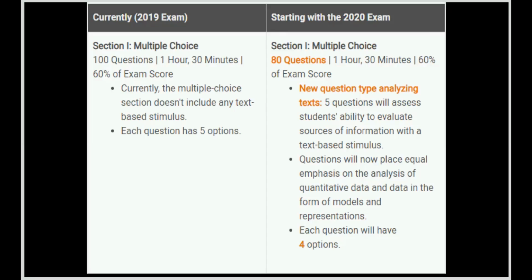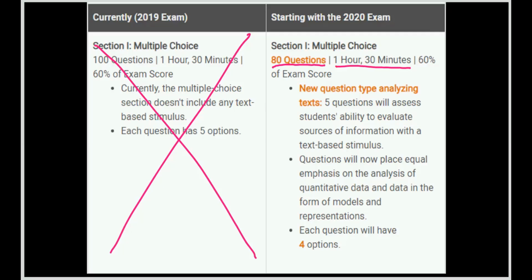So the 2019 exam, that was last year's exam. It had 100 questions, and you had an hour and 30 minutes to do that, and it was 60% of your exam score. And there were no text-based stimulus, and each question had 5 options, so they don't do that anymore. Instead, you get 80 questions, and you still get the same amount of time to answer them,